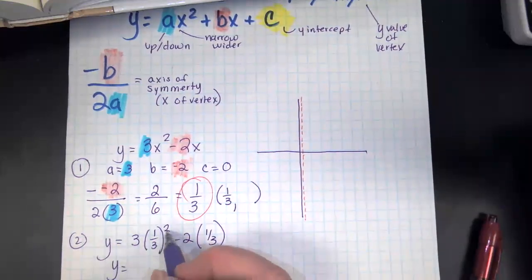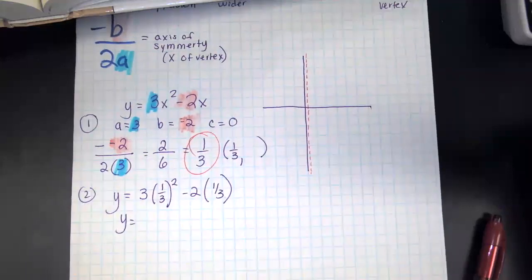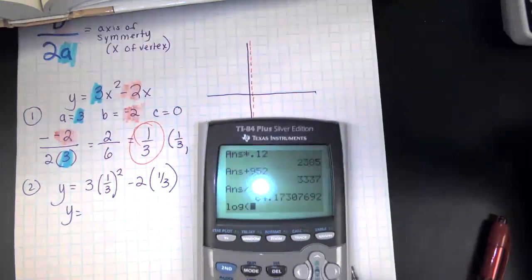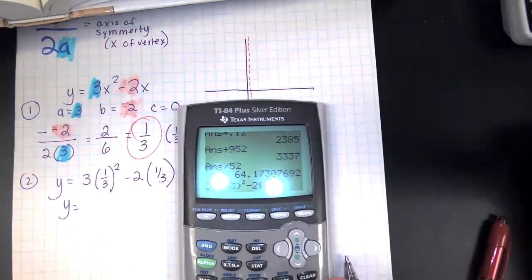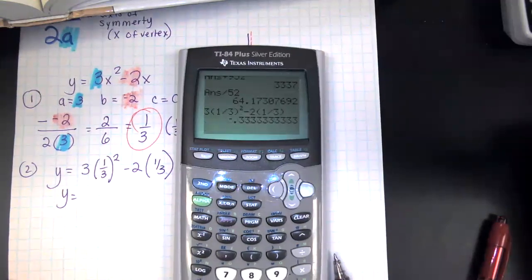So 3, and you can put this whole thing right in on your calculator. In fact, let me show you exactly what I'm talking about, okay? So you can do 3, 1 divided by 3 squared minus 2 times 1 divided by 3. So see how I put that whole thing right in on my calculator? So I'm going to hit, oh,